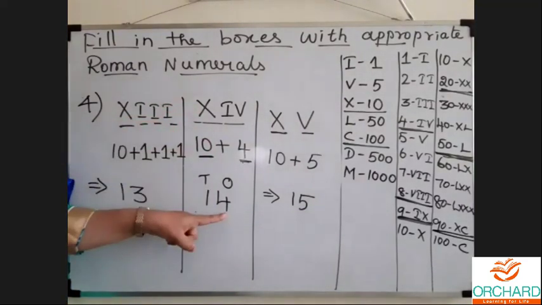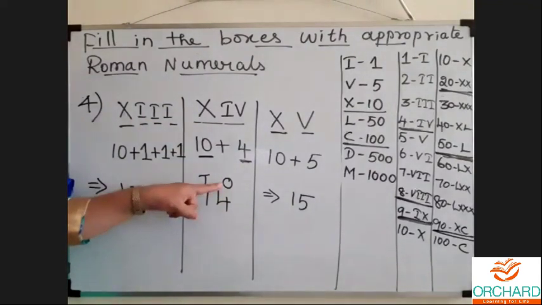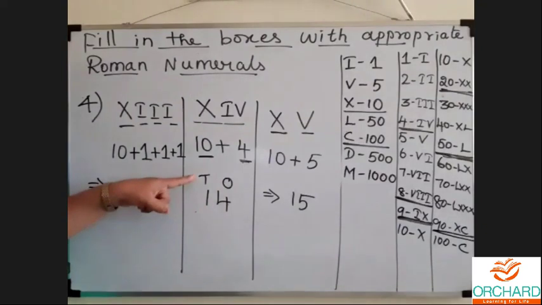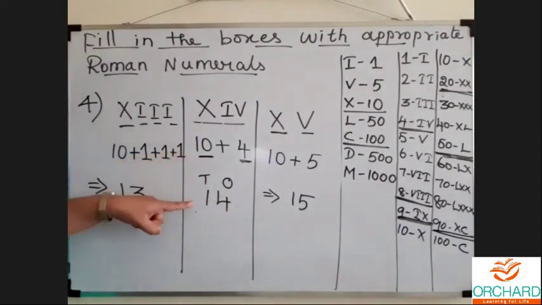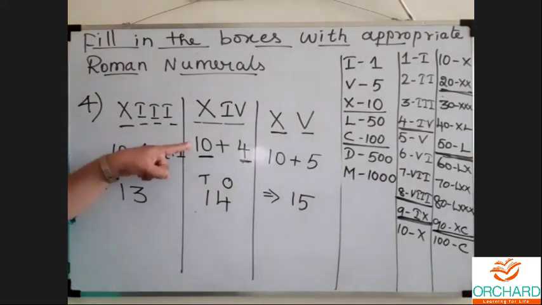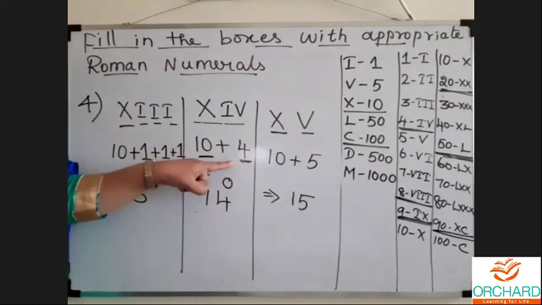So how can we express this? Write the place value for the given number: 4 in the place of 1, 1 in the place of 10. Just write the expanded form for this number. 1 which stands in the place of 10, so 1 tens are 10, plus 4 which stands in the place of 1, so 4 ones are 4.